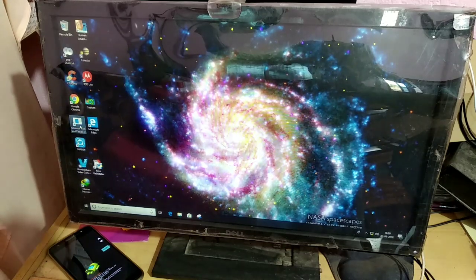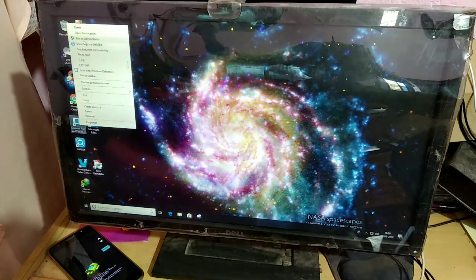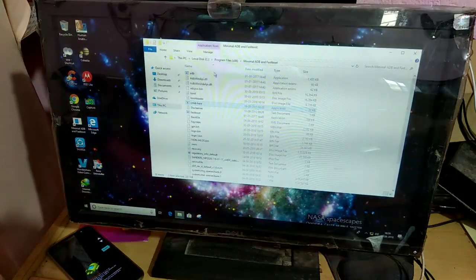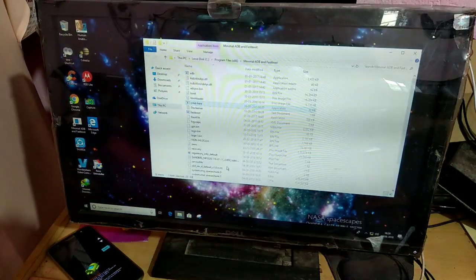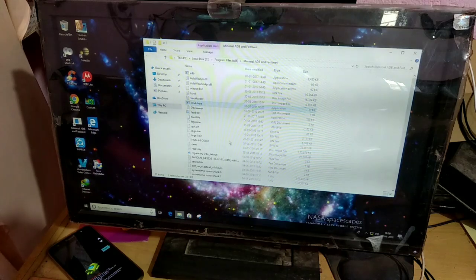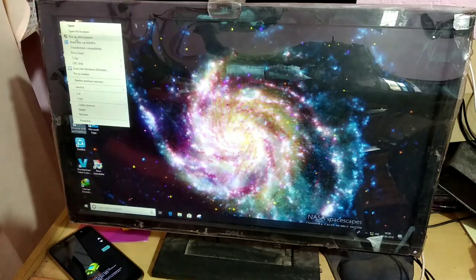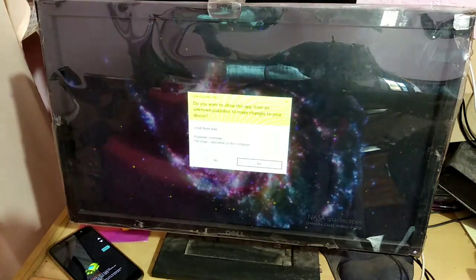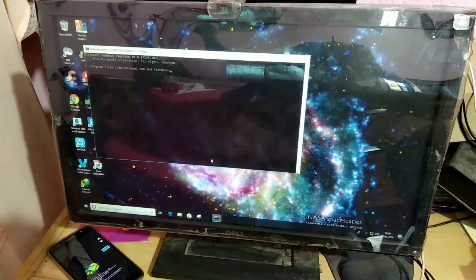That means in the file location of the minimal ADB, these are all the ROM files and folders copied here. Run minimal ADB as administrator and click yes.